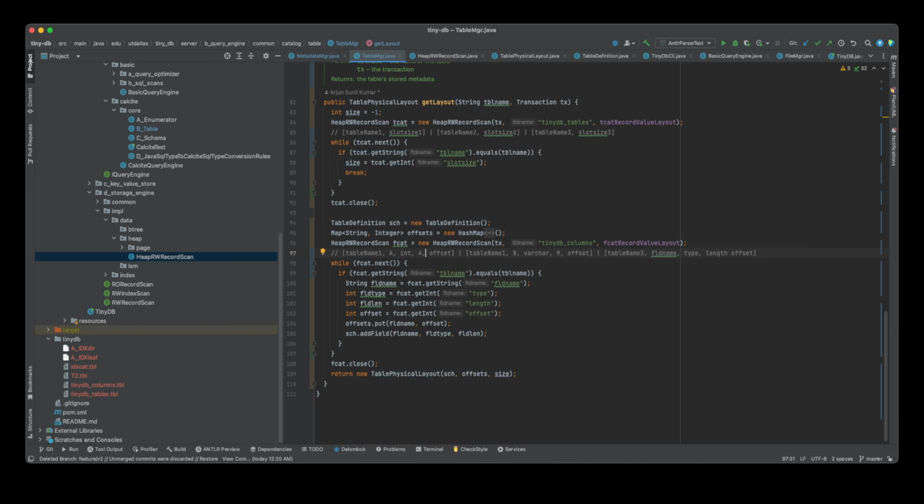And then offset, I guess offset is going to be the index within the record. So I think table name is going to occupy a particular size. Let's say for table name the maximum size is 20 bytes, and for the column name the maximum size is 5 bytes, and then integer is going to take up 1 byte. So we have a total of 26 now, and then after that 26 plus 4, 30, and then in this case the offset,